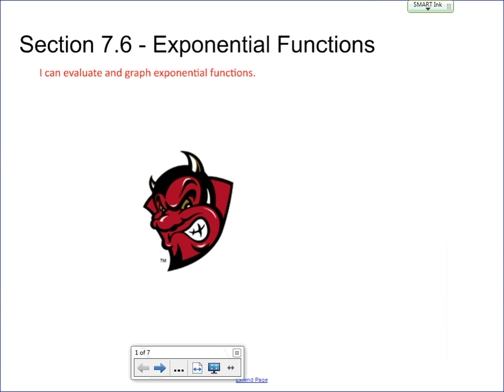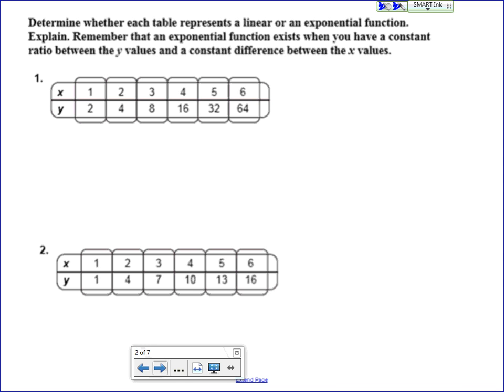Okay, today we're looking at section 7.6, which is exponential functions. Hopefully by the end of this section, you can say that I can evaluate and graph exponential functions. So what are we going to be doing exactly? Well, one of the things we might have to do is determine whether a table represents a linear or an